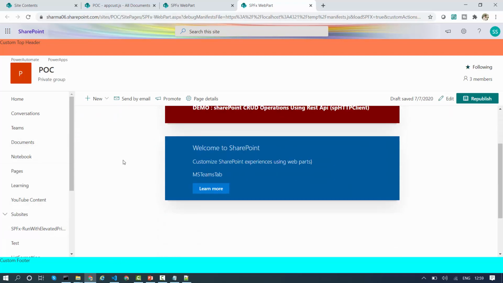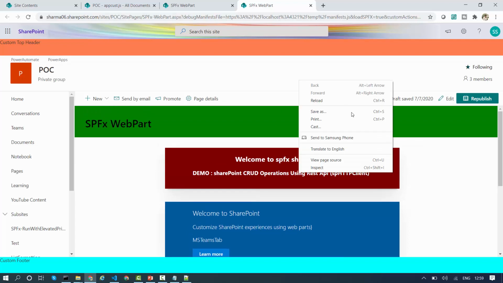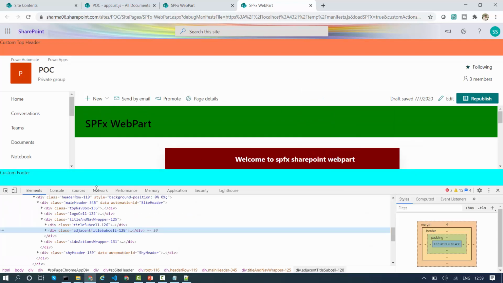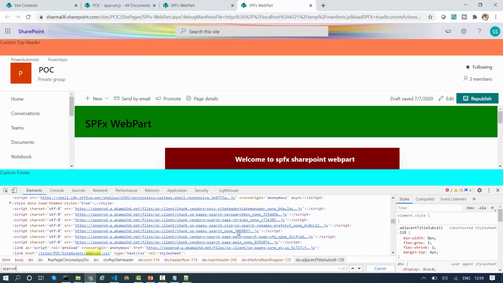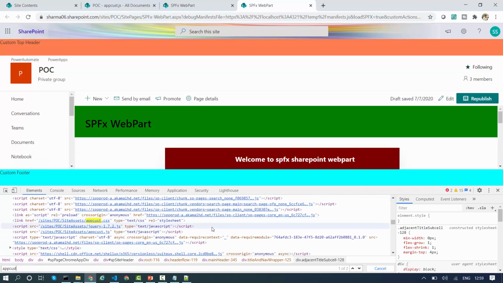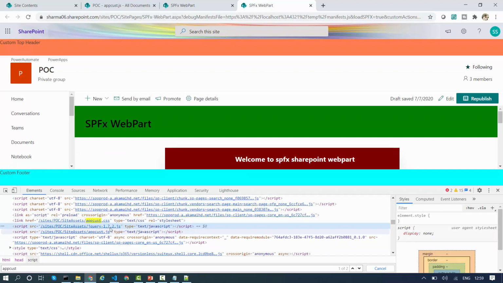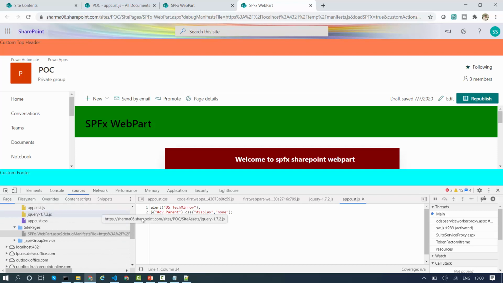You can see this is a SharePoint modern page. These are few SPFx web parts already added to the page, and I will show you again in the browser. I will go like css. This is our app customizer.css reference added to the page. This is my script reference, jQuery script reference, and this is my custom script file. If I go to the sources under site assets, now I can see all my files are loaded. If I go to this, you can see we are not getting any error for the jQuery reference.